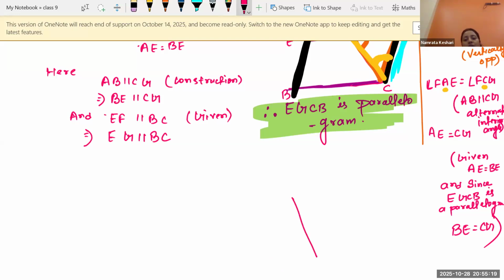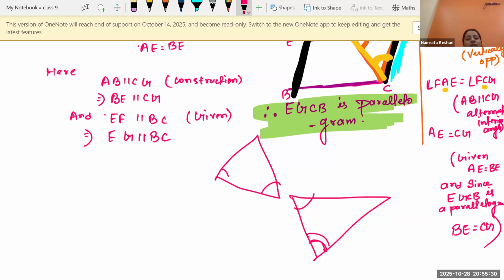You are having a triangle over here. You are having a triangle over there. You have compared this angle with this angle. You have compared this angle with this angle. And now you are saying the side, this one, and the side CG, this one, are equal. Okay, this side, or maybe this side. Let's mark it. If I mark it in any one of the triangles,